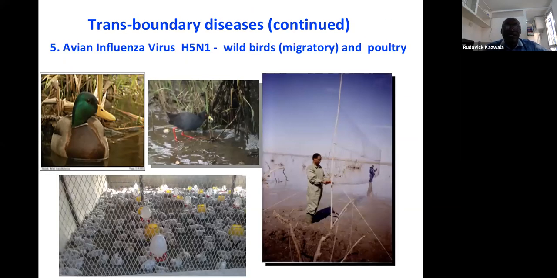The other is when we had avian influenza globally, also we had to do some work in our part. Luckily, avian influenza did not transcend to our country at that time, but we are looking in wild birds and also in poultry, trapping some of the migratory birds and doing sampling and doing analysis in our labs.